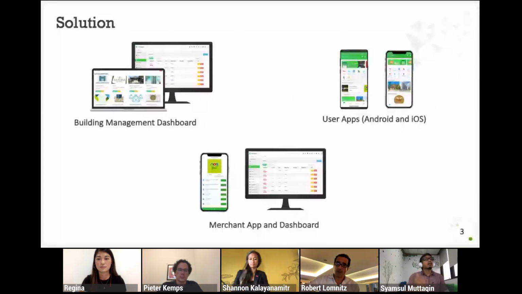So we cooperate with the building management. We provide the outsider, our merchant that engages with us, with a special allowance to enter the apartment. So the merchant person can go directly to the unit of the tenant, user, resident.